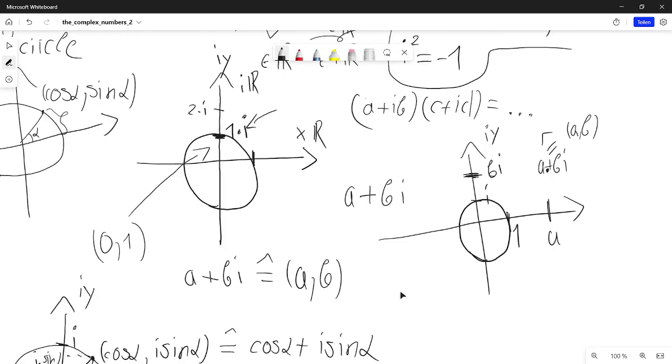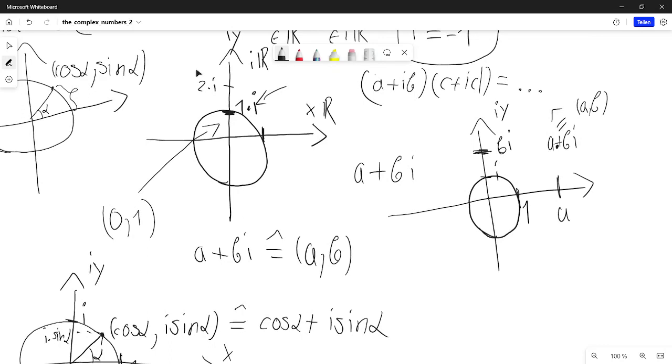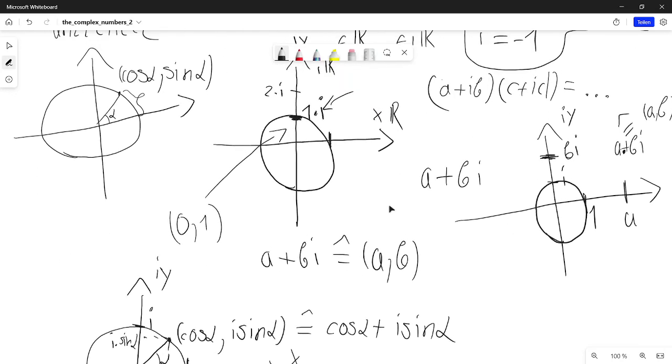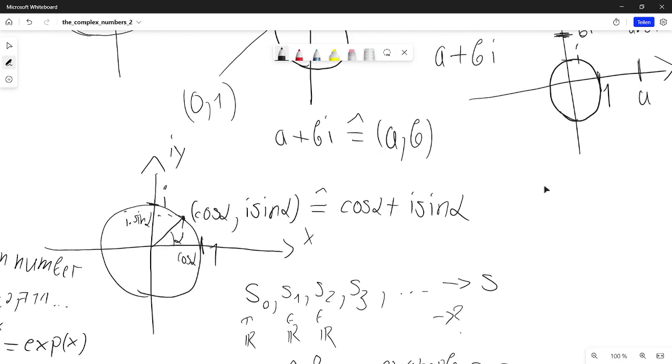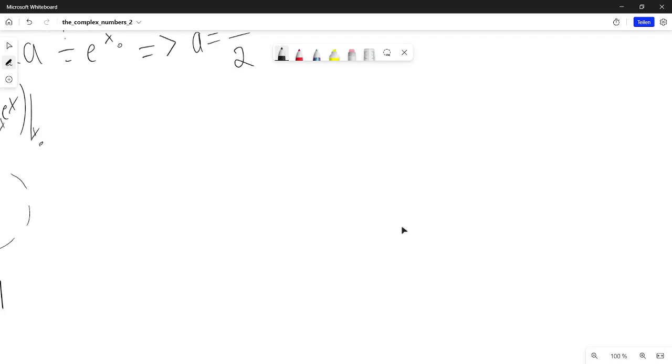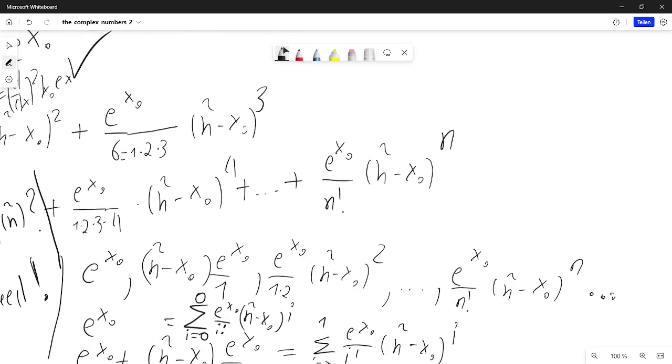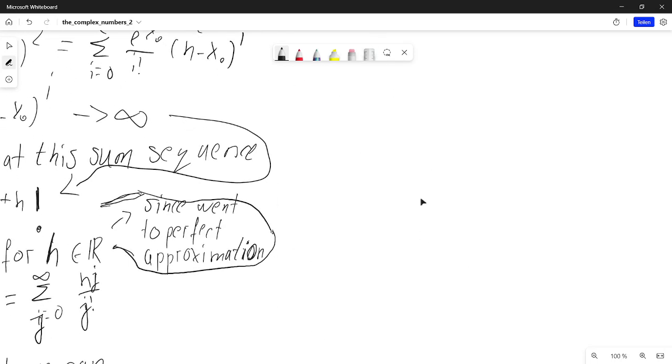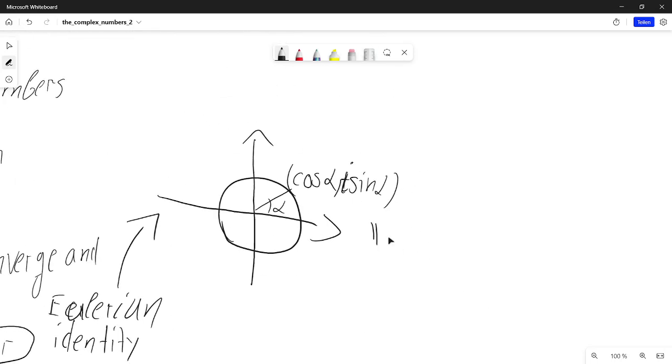Because it's just some abstract object, and then we just think of this unit like this, and geometrically it's the same, so we can identify. Alright. This is the same as, but this is the same as, that is